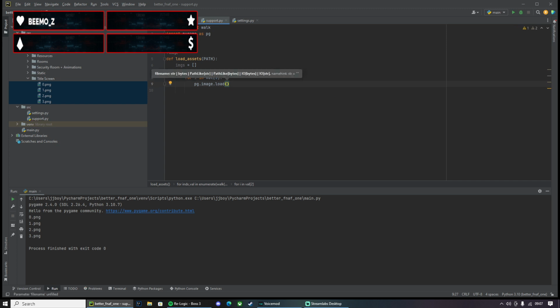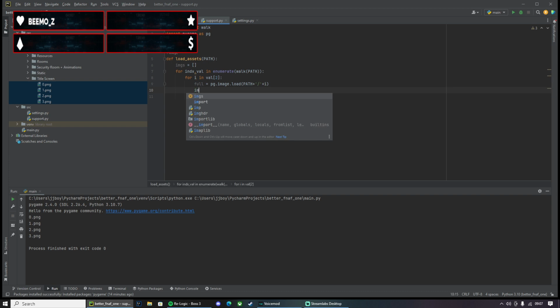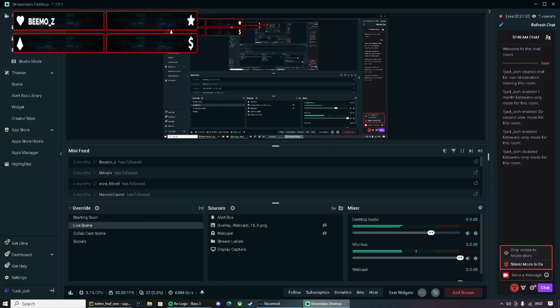Now we need to do path plus slash plus I. Then this will be called, let's call it full. And then it will be images.append full.